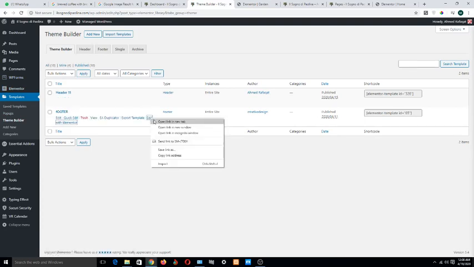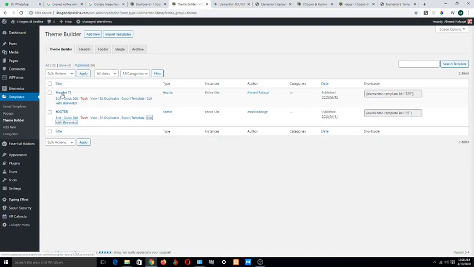Click on edit with Elementor footer, and please do not mess with the header.